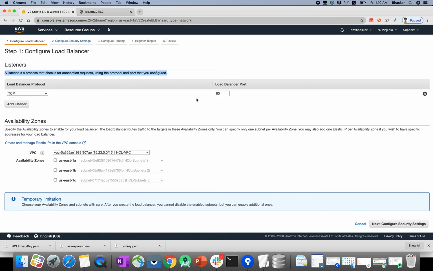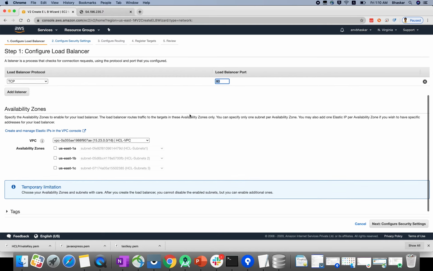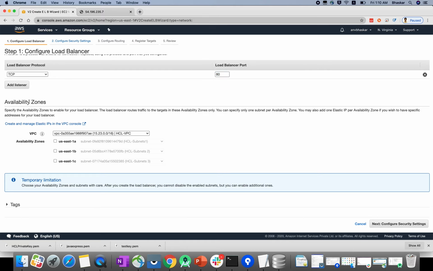It needs to listen on port 80. This is the balance port, and we have availability zones. There is a drawback in the network load balancer. While creating the VPC, if you created 3 subnets, that means you have 3 availability zones.